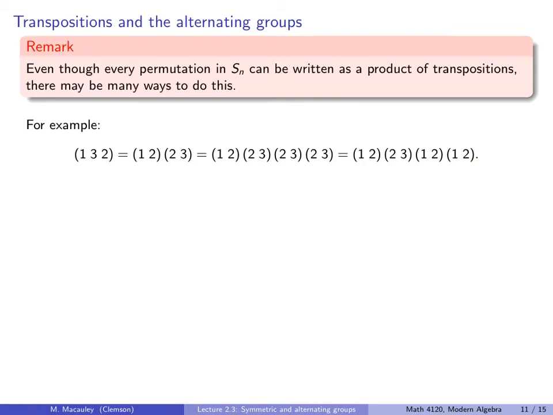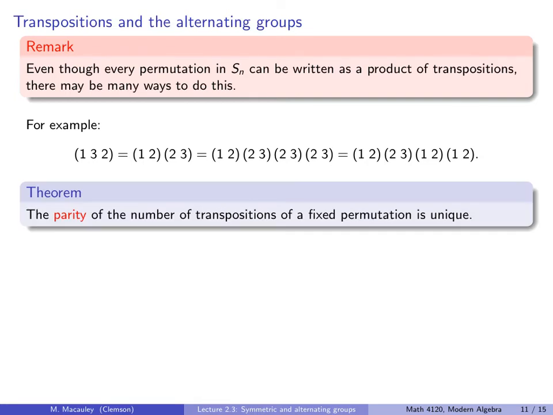Or it can be written as (1 2)(2 3) times (1 2)(1 2). We can add anything we want as long as it's the identity. So here's a way to write this with 2 permutations, and here are 2 ways to write it with 4 permutations. So here's a pretty central theorem that we will state without proof, and it says the parity, the even